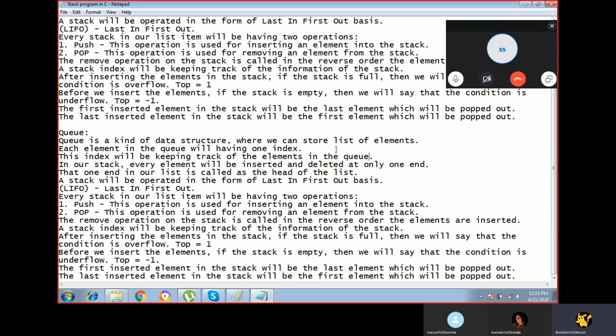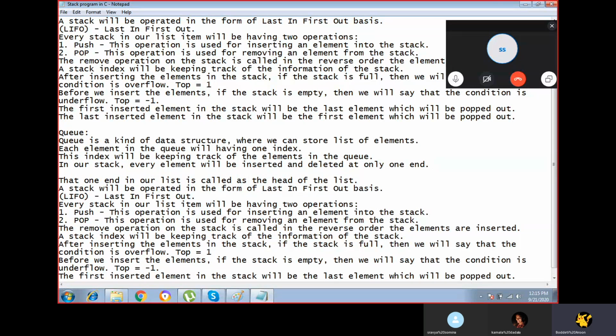In a queue, elements are inserted at one end and deleted at the other end. Here we will not have a head and tail or a top of the stack.